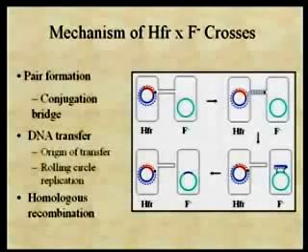Now, notice also in this case, the number of donor genes that can be transferred can vary depending upon when this disruption of the mating pairs occurs. If it occurs very early, only a few donor genes can be transferred. If the disruption of the mating pairs occurs late, you might get a larger portion of the donor chromosome being transferred. So by this type of transfer, you can actually transfer larger pieces of the donor chromosome than you could transfer, for example, by